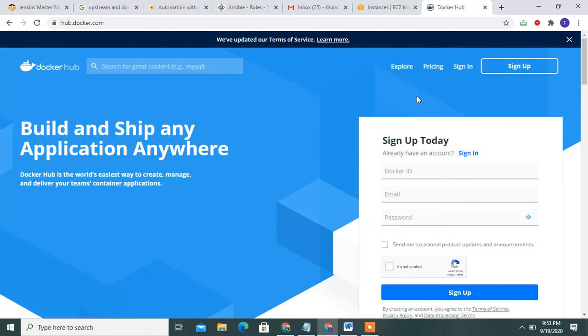See, this page will be displayed, and you give the Docker ID. For the Docker ID, you give your name, and then your email ID. You can give any email ID, and create a password. Then complete the captcha and sign in. These are the options you can create. Once you create this and sign in, you can use your Docker image.